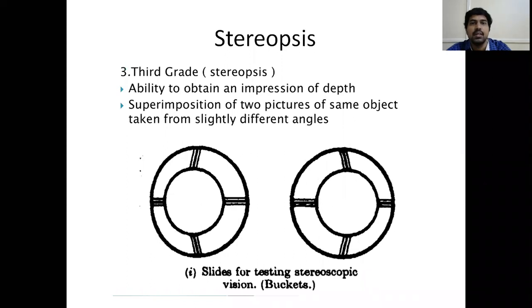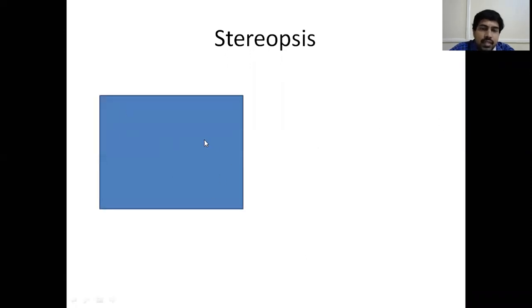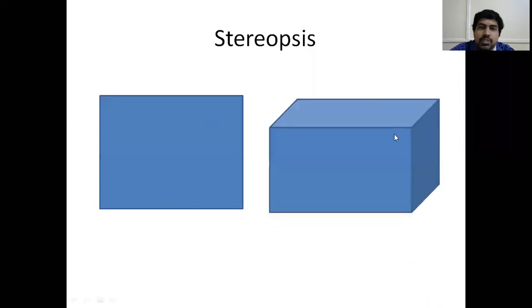And then stereopsis. Stereopsis is what I told you, that is 3 dimension. So 3 dimension is nothing but when you see the same object at two different angles, you get a depth perception. Suppose you are seeing this diagram. This is a 2-dimensional image. What you are able to make out is only a rectangle, or a square, whatever you take it. It is looking like a square, it is only a 2-dimensional image. Now if I see this from a different angle, how is it looking? It is looking like a 3-dimensional image. This is stereopsis. Stereopsis is nothing but your 3-dimensional perception.